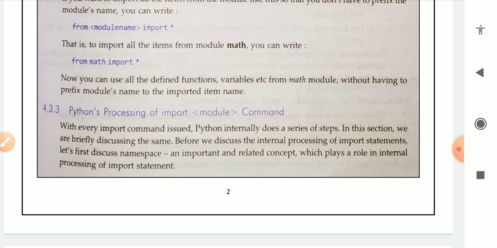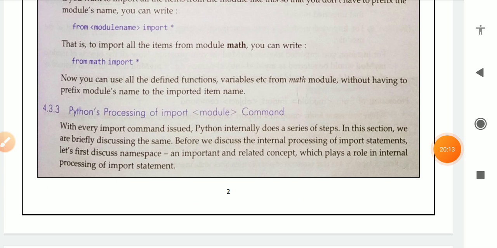Python's processing of the import module command. With every import command issued, Python internally does a series of steps. In this section, we are briefly discussing the same. Before we discuss the internal processing of the import statement, let's first discuss namespace, an important and related concept which plays a role in the internal processing of the import statement.